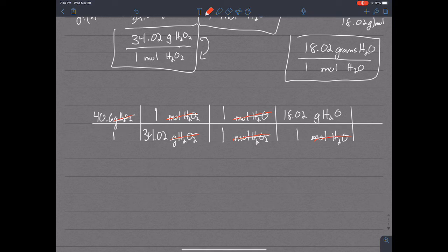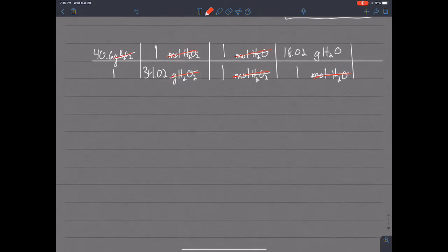So 40.6 divided by 34.02 times 18.02. Okay, so I did this out. I got 21.5. Let's look at our significant figures here. We have 3 here, so I'm just going to leave it at 3. 21.5